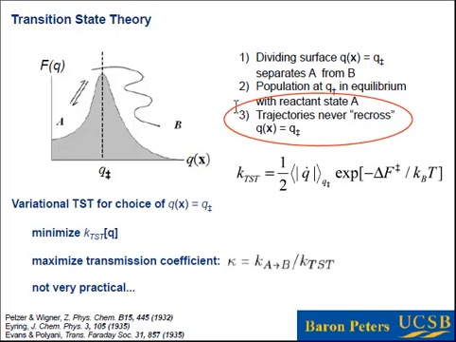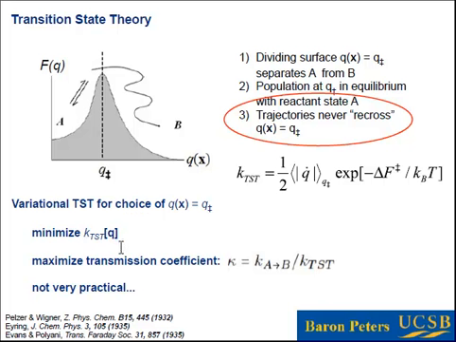So this was recognized a long time ago, and it inspired variational transition state theory, which was formalized much later after the early works by Wigner. But anyway, we have a theory now that tells us that you can go in and variationally optimize the dividing surface so as to minimize the transition state theory rate constant.